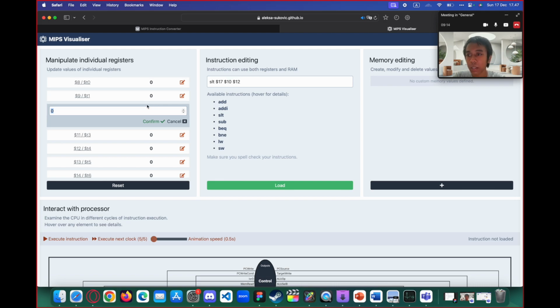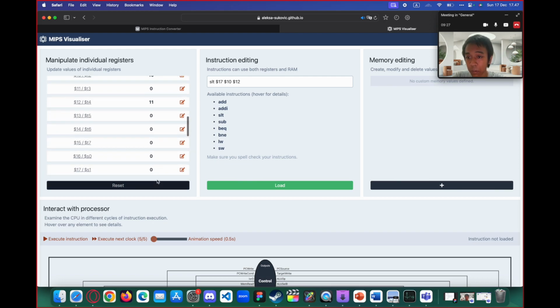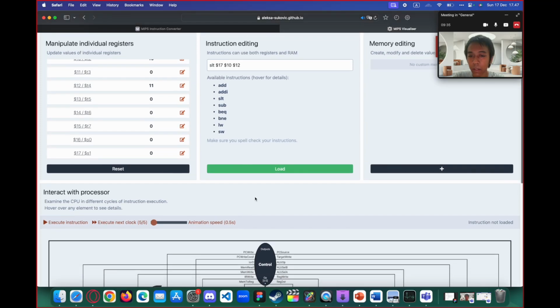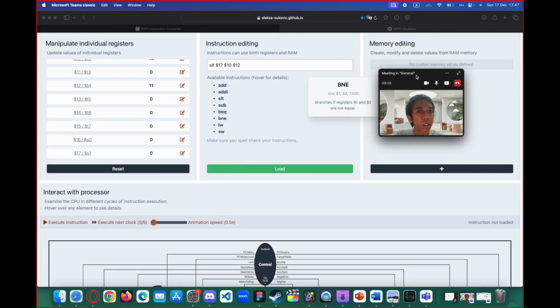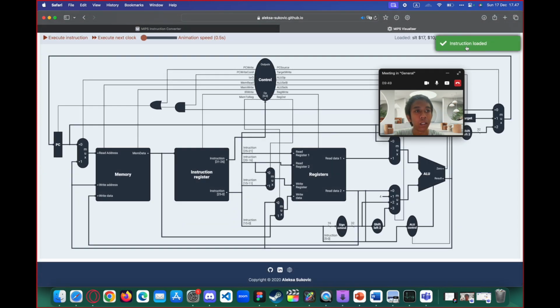So what I'm going to do is make this 10, and the 12 I will make 12, or maybe I can do 11 too, because 10 is less than 11. So the result will be written in address 17. So how do we know that? We need to load it first. I think it's load. No, it's not load. The comma. We need the comma. So load it. Instruction is load, and then we need to execute.